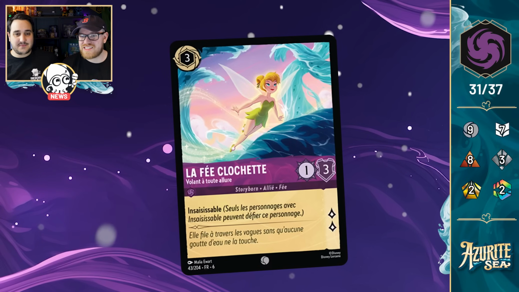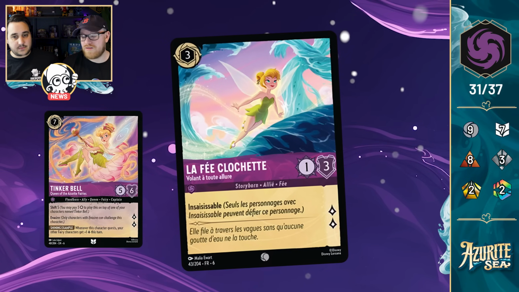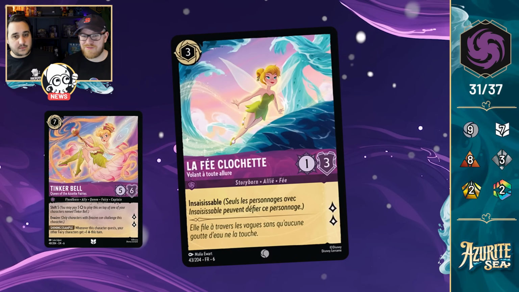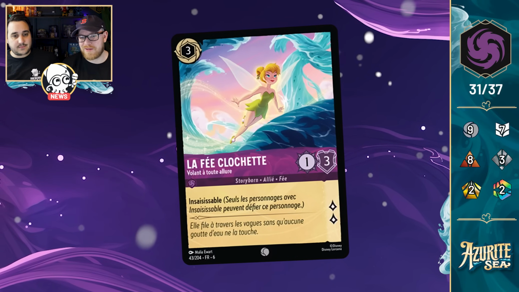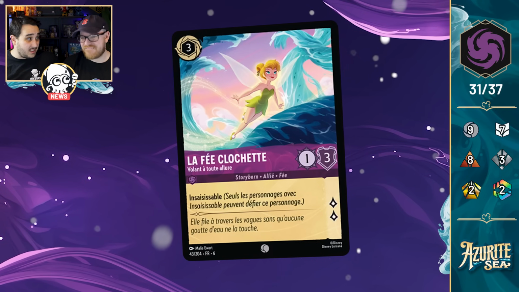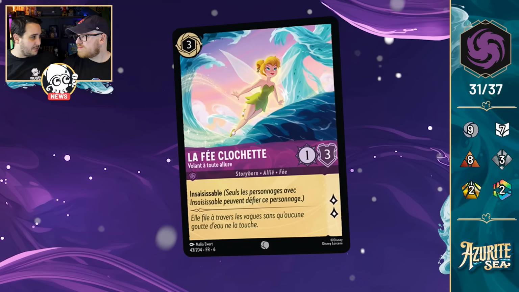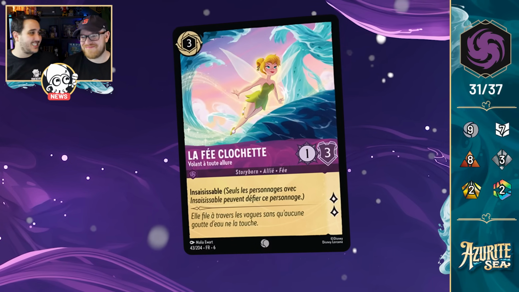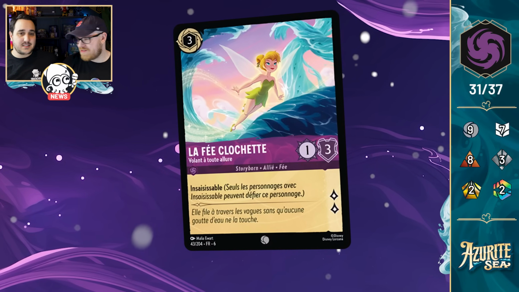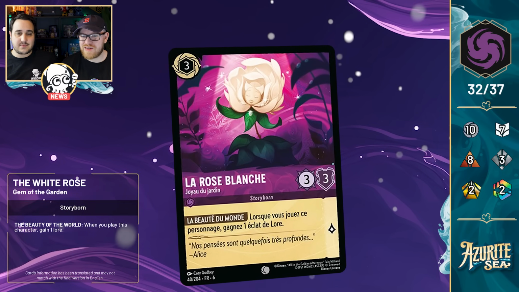The cool thing about this Tinkerbell is that it is a shift target for Tinkerbell, Queen of the Azurite Fairies, which is a Floodborn card we saw announced not so long ago. So if you want to make a fairy deck, then you have another option there as well. It's interesting. I don't think we're there yet, right? With all the fairy synergy. I was expecting to see more this set. Maybe it's coming in Steel, but I'll be surprised. Still really nice. I love Minnie Mouse Surfer, so I like to have that version in Amethyst. Yeah, I think the same way with Sisu, this is probably a card, at least the fairy synergy, that gets better over time. And next up, we have the White Rose, Gem of the Garden, a 3-cost inkable, 3/3 that